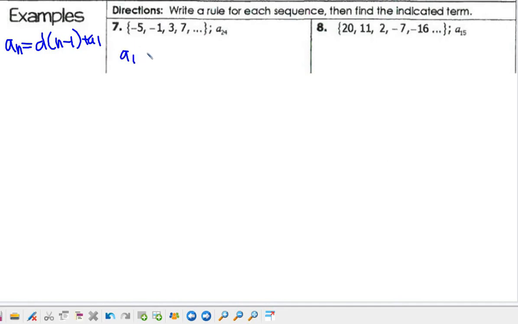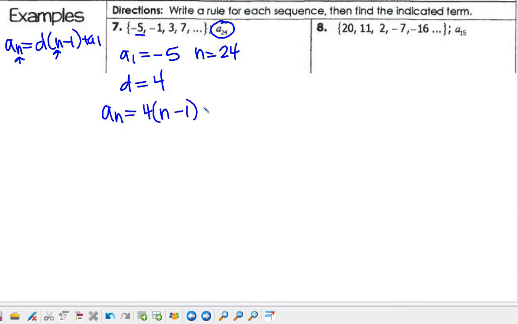So the first easiest piece of information to gather is the first term. First term is clearly negative 5. So to find a sub 24, that means n is 24. So the last thing I need is to find my common difference. So how do I get from negative 5 to negative 1 to positive 3 to positive 7? Add positive 4. So we have a sub n is equal to the common difference times n minus 1 plus